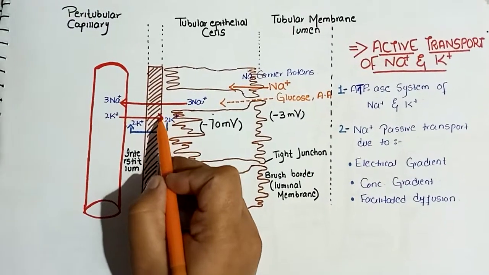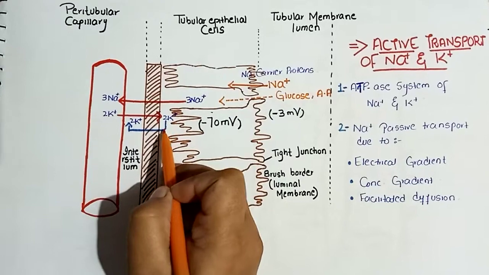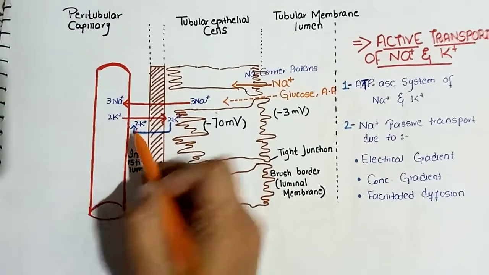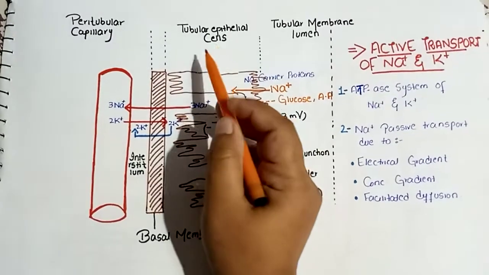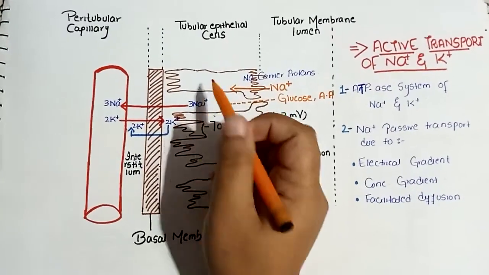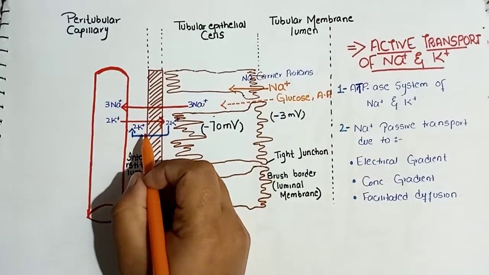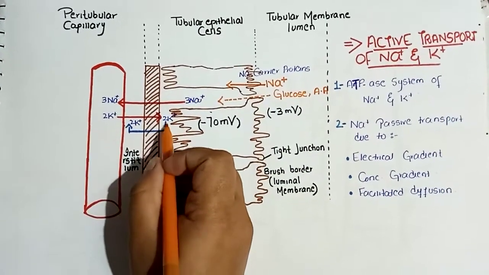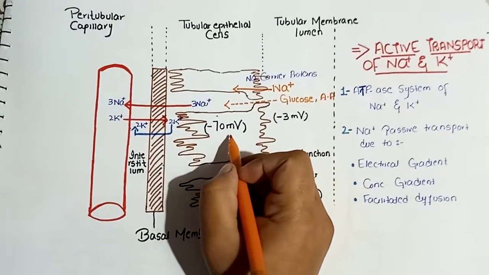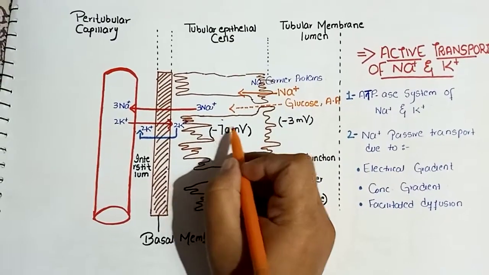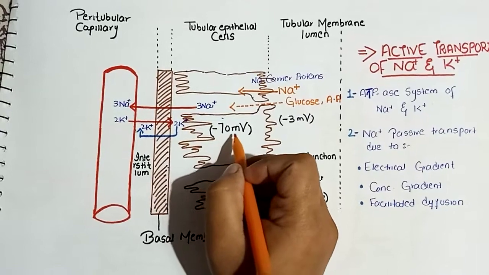But this potassium ion will diffuse back into the interstitium because the wall of the tubular epithelial cell is more permeable to the potassium ion. So this creates the negative electrical gradient within the tubular epithelial cell, which is minus 70